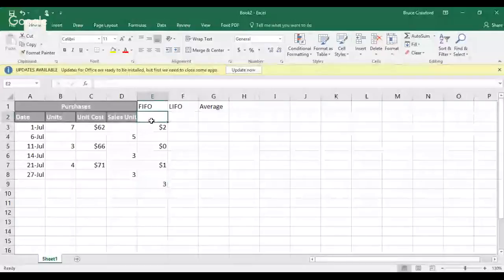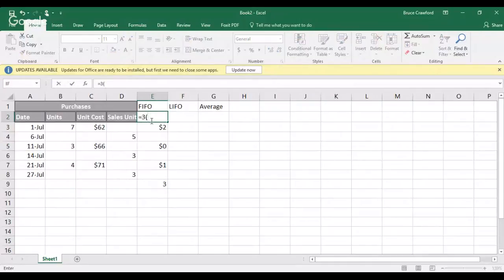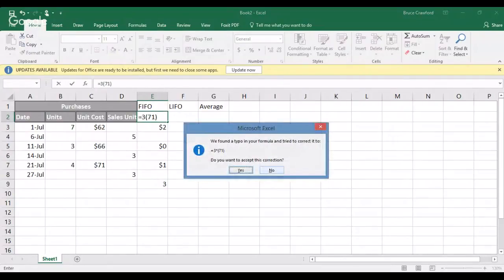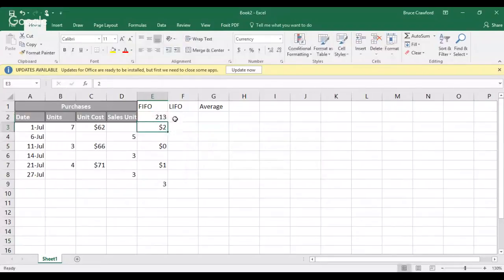So our cost of ending inventory, which is what we're determining here, is 3 times 71. Those last 3 units were all purchased at $71. So $213 was the cost of ending inventory